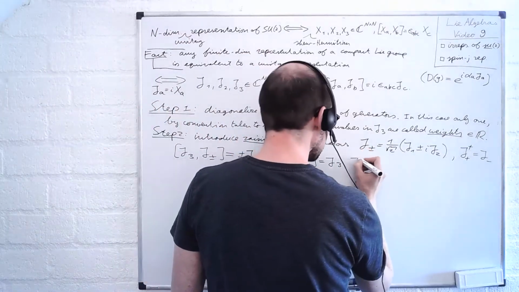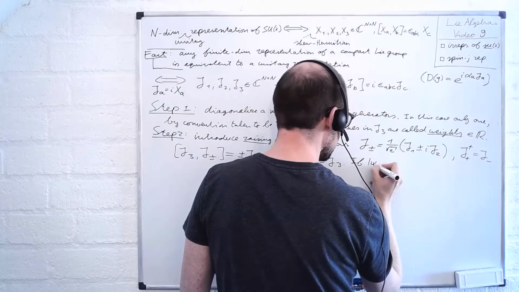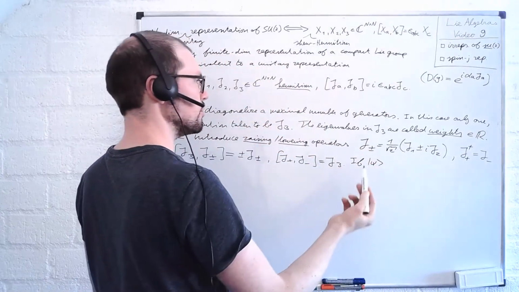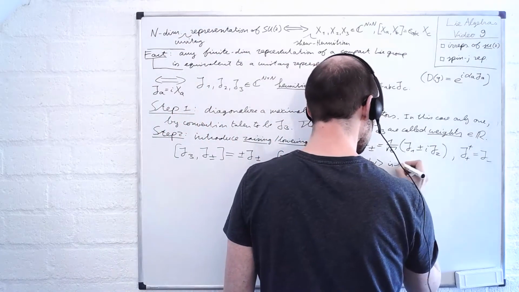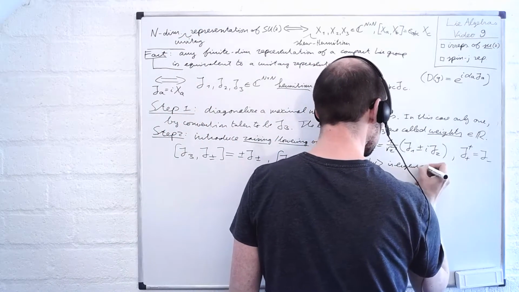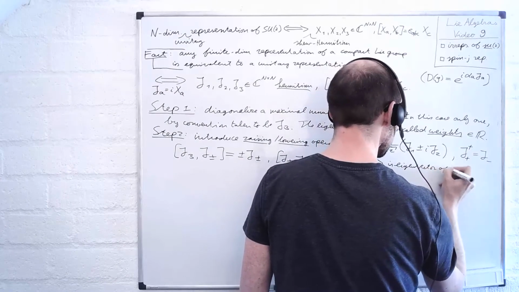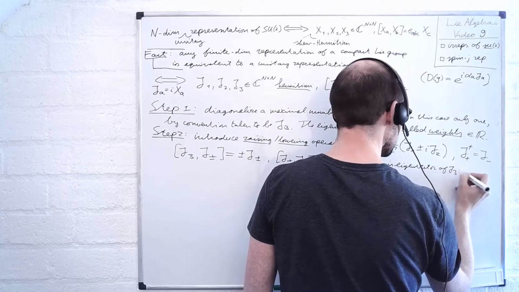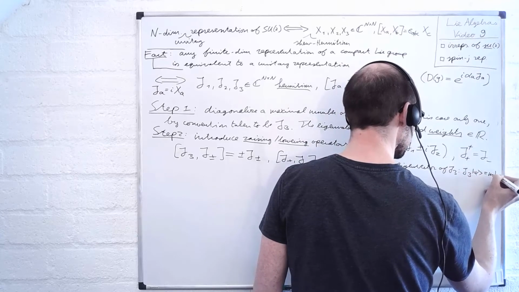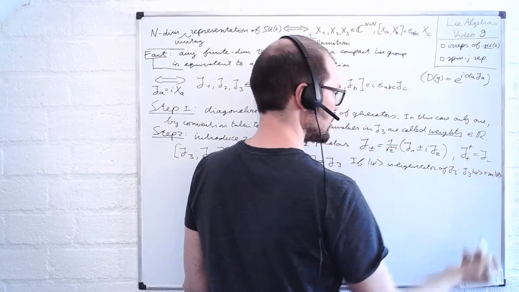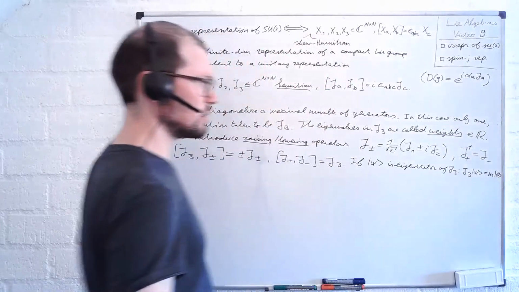So this means that if psi is an eigenvector of J3, so meaning that J3 psi is, say, m psi, where m is one of the weights,